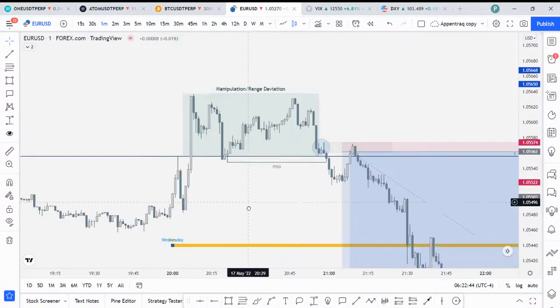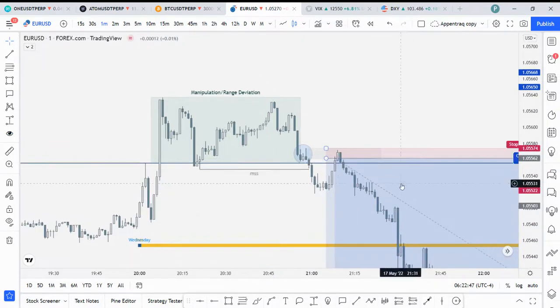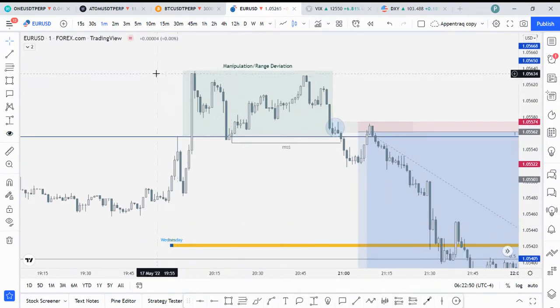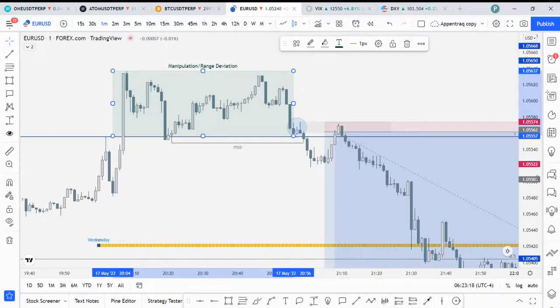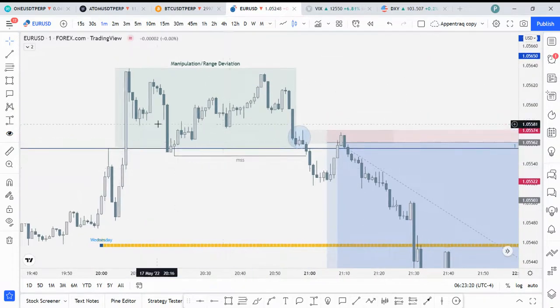So price deviated out of the range. The whole of this is a deviation. What deviation simply means is when price is trading within a range and then breaks out of that range, and breaks back into the range. The price action outside of that range is what you call a deviation. So all of this is deviation. Immediately price was out of this range,